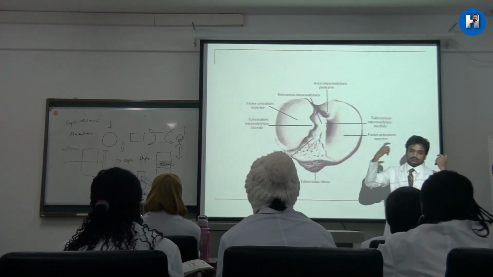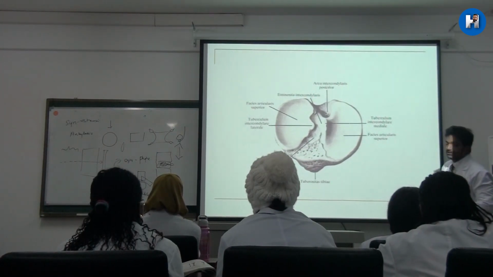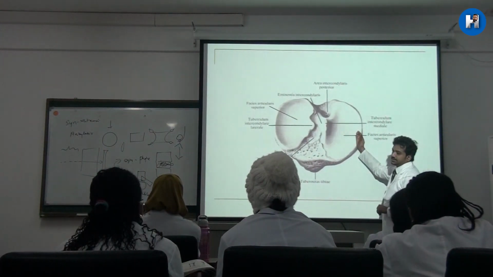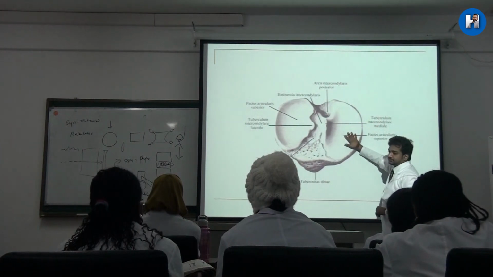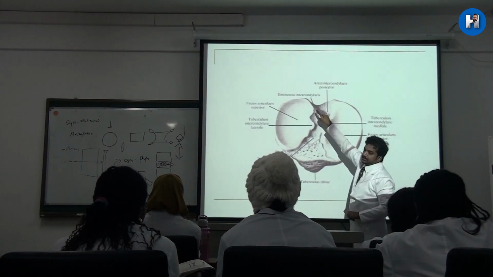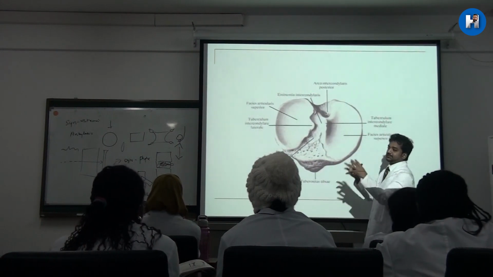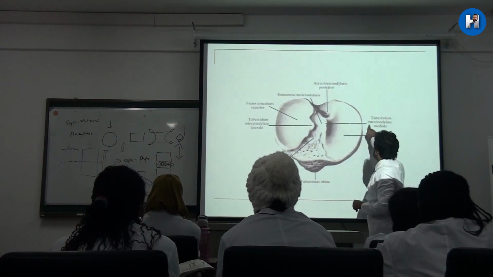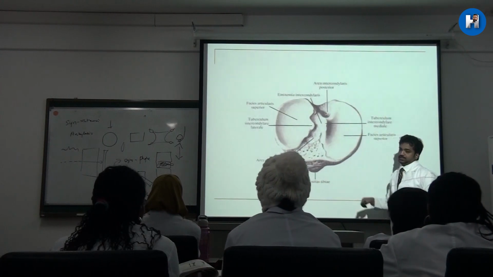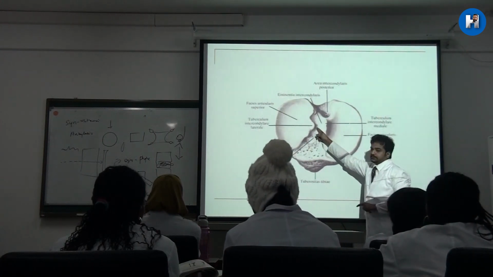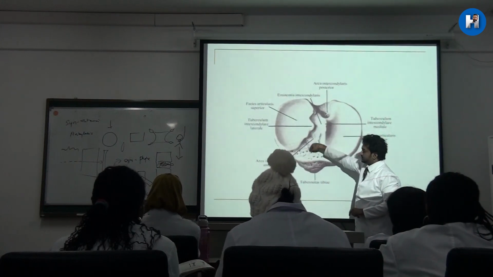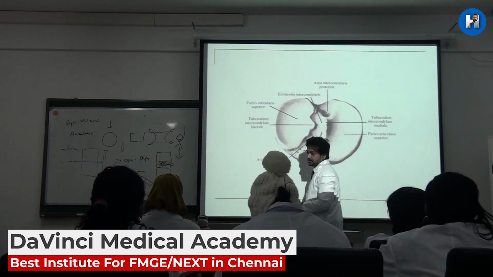Here the cruciate ligaments will come and attach, which we will study when we study the joint. Clear? This is the superior articular surface on the medial side, called the medial side of the superior articular surface, and the lateral side of the superior articular surface. Both are divided by the intercondylar eminence. The intercondylar eminence is not alone, it has two tubercles. So this and this together are called the intercondylar eminence. The medial side is the medial intercondylar tubercle, then the lateral intercondylar tubercle. Behind this is the posterior intercondylar area, and in front of the lateral one is the anterior intercondylar area.